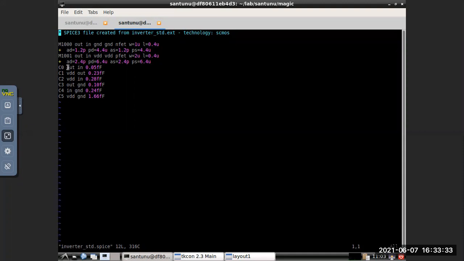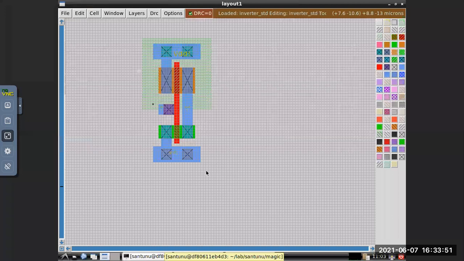Next are the parasitic capacitances. The parasitic capacitance between V out and V in is 0.05 femtofarad. Then C1, VDD to out. See where it is coming from: between V in and V out, this is metal 1, this is metal 1, this is poly.